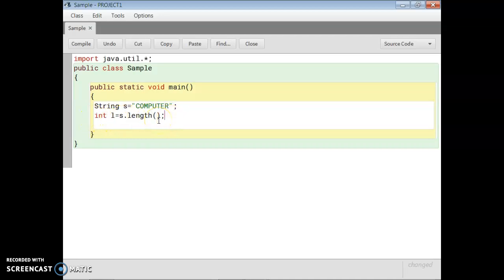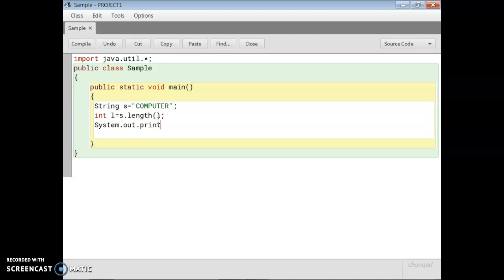Now let's print. You know, the printing statement is System dot out dot println.